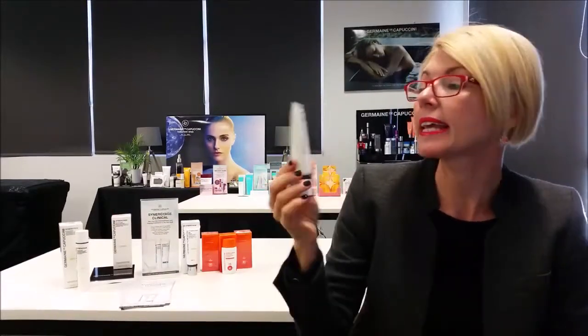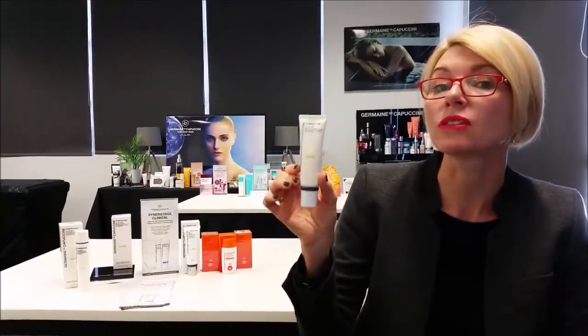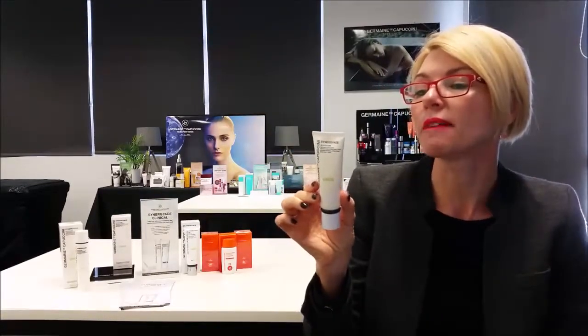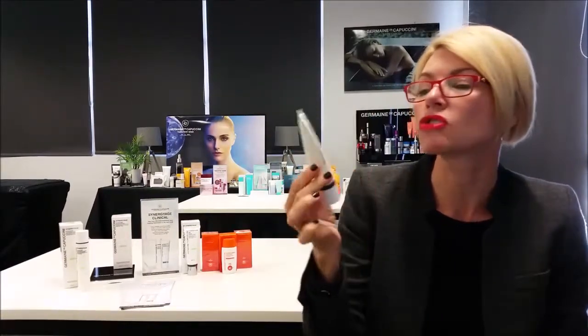Let's get that renewing action happening. Our second product that we're going to talk about today is this little one here, and it's called Glycocure Intense Renewal Exfoliating Mask. Now, Intense Renewal Exfoliating Mask, I must admit, is one of my favorite products within the range,